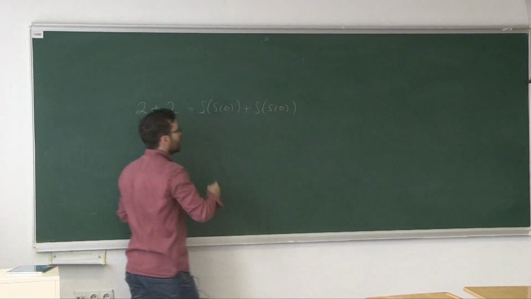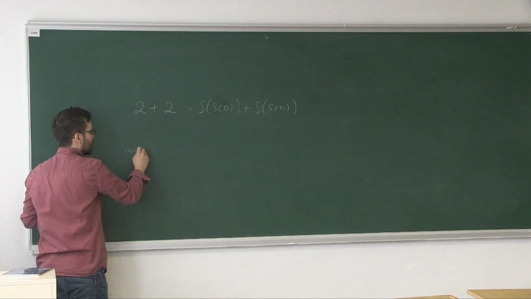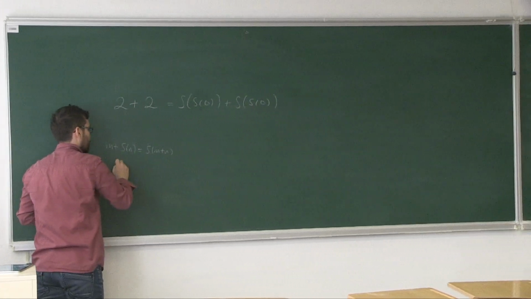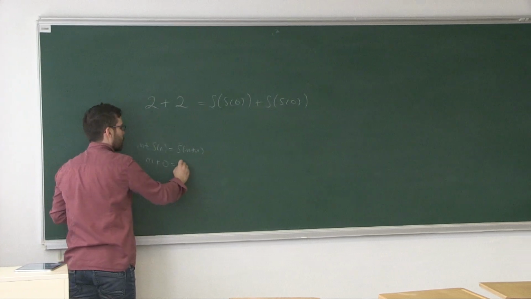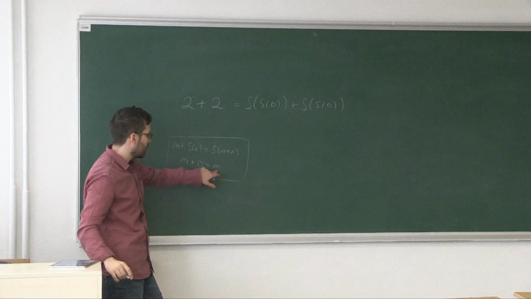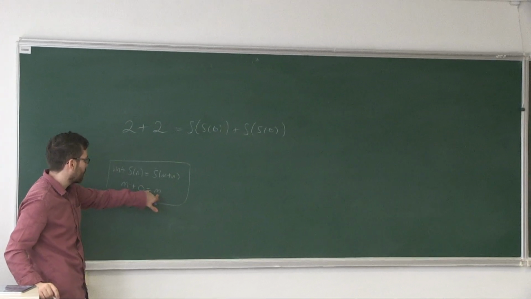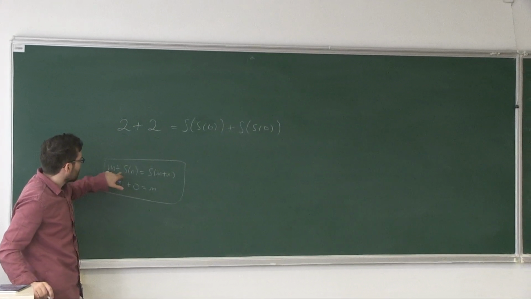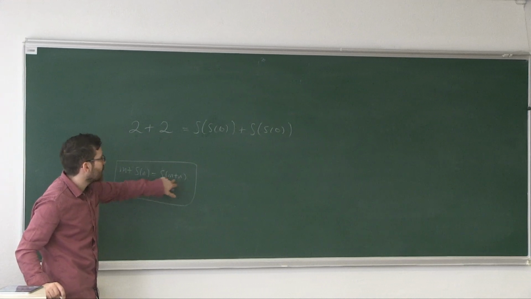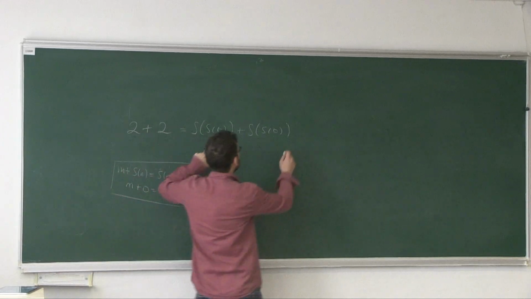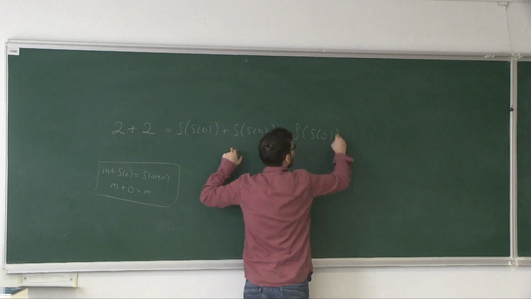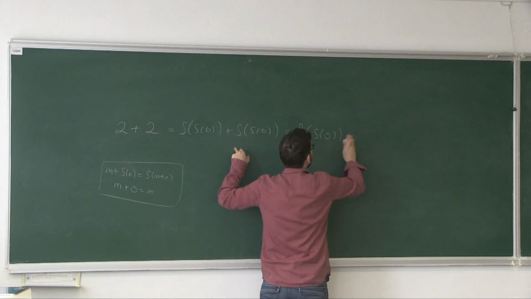Now, remember we defined addition so that addition satisfies two properties. The first property is that when you add 0 to a natural number, it doesn't change that number. m plus 0 is m for all m. And when you add the successor of n to a number m, it's the same as first adding m to n, then taking the successor. So using the second property, you can actually show that 2 plus 2 equals 2 plus 1,